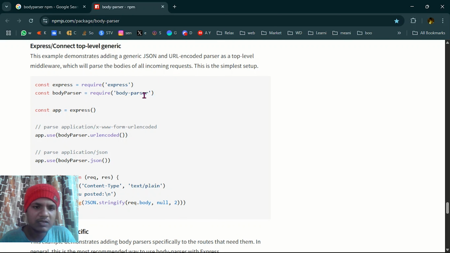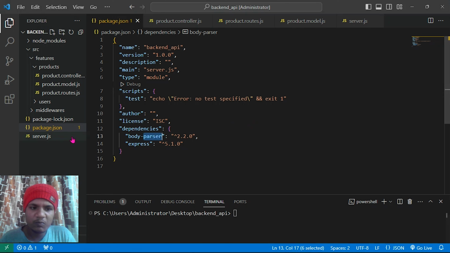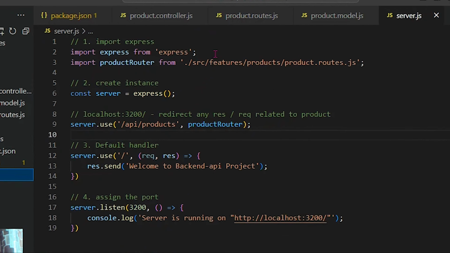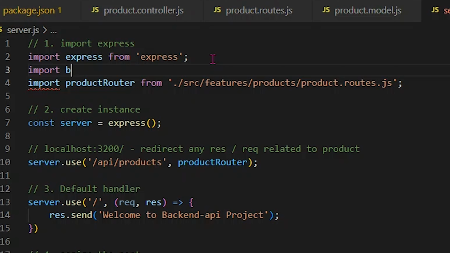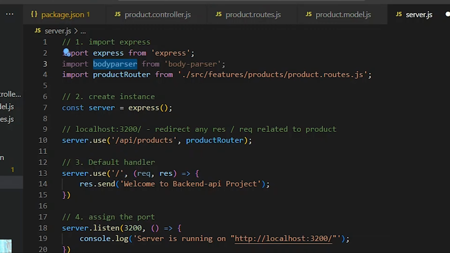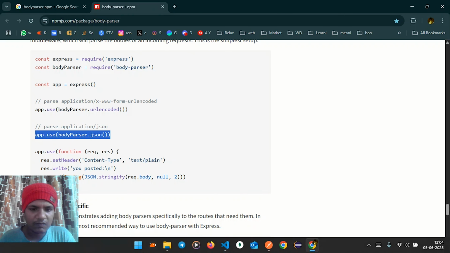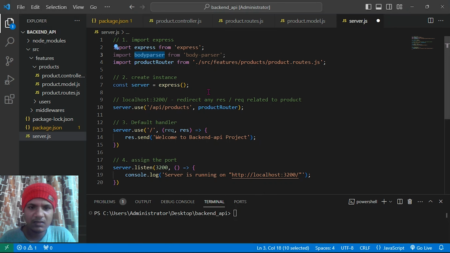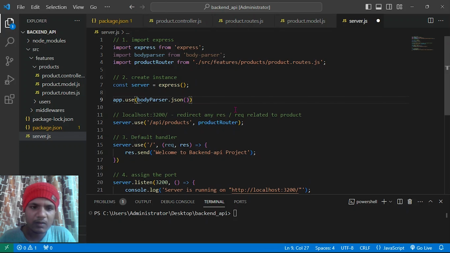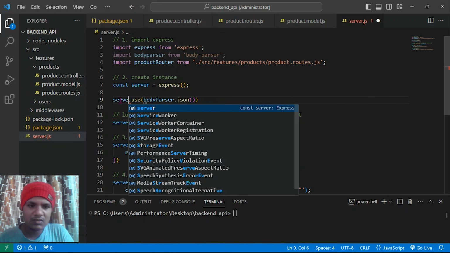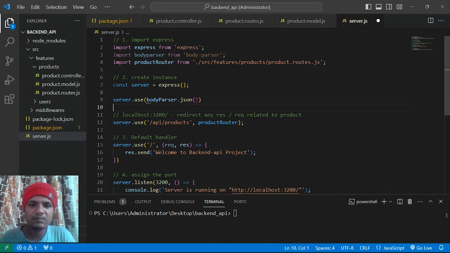So we need to import this body parser, import this in the server.js file. We need to add this in our server.js file above where we defined all these routes, right? We need to define this code above all these routes. And this is not app, we just created it as server, right? So we need to rename it to server.use. It is using body parser, and let's run it once again,